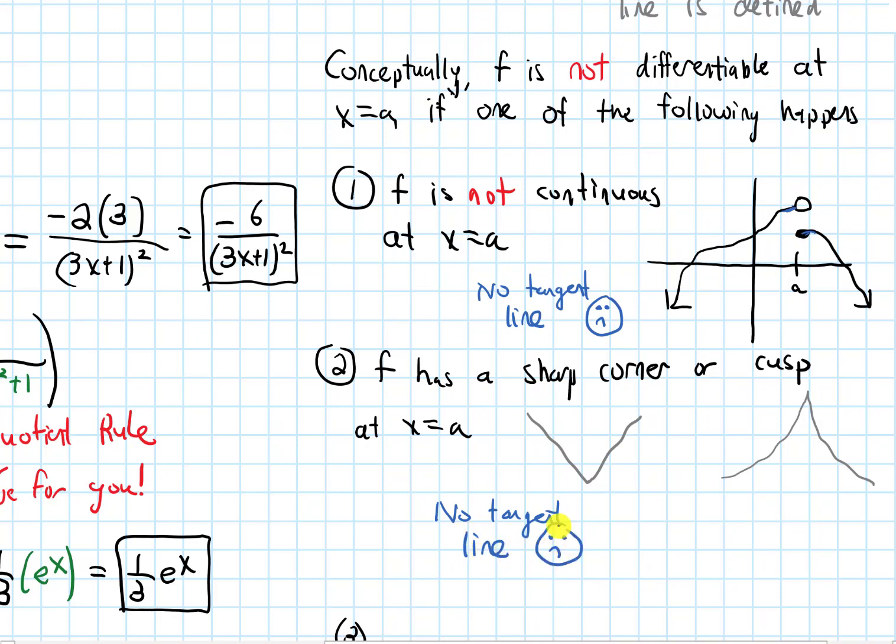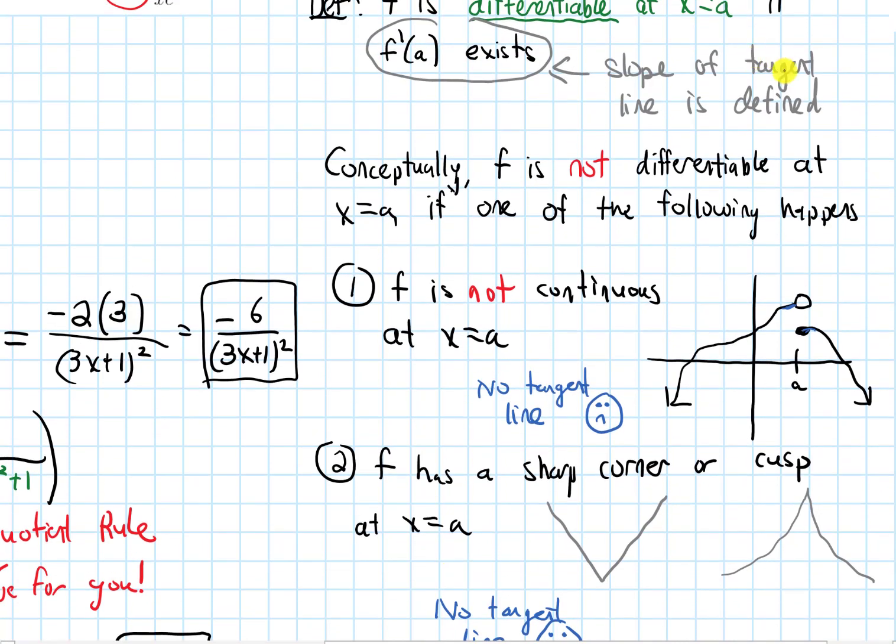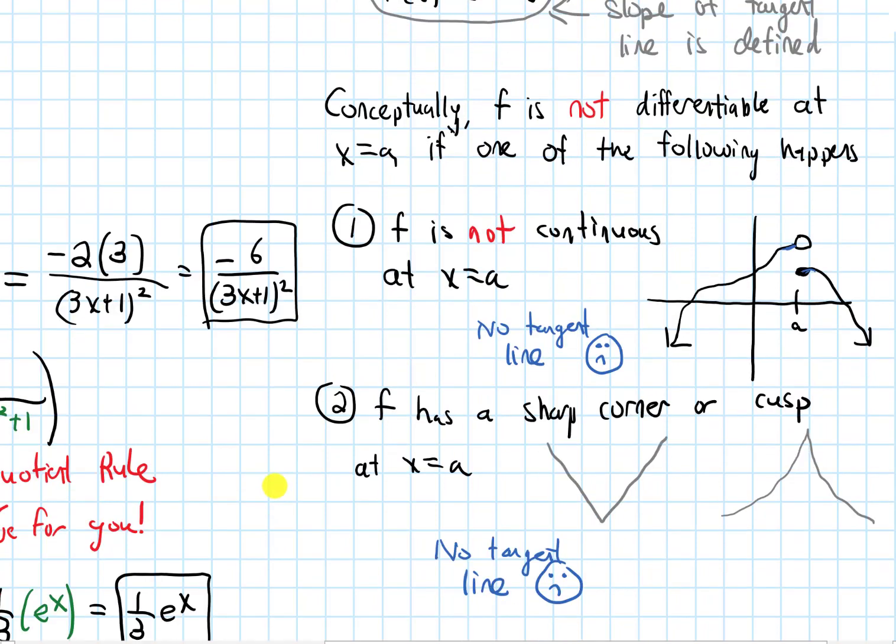To indicate why, in this first V shape, at this point it's sort of unclear. Do I use the slope of this part to draw the tangent line? Or do I use the slope of the other part to draw the tangent line? Because of that, there isn't a good consistent way for us to draw the tangent line, so the slope is not defined. All right, and the final